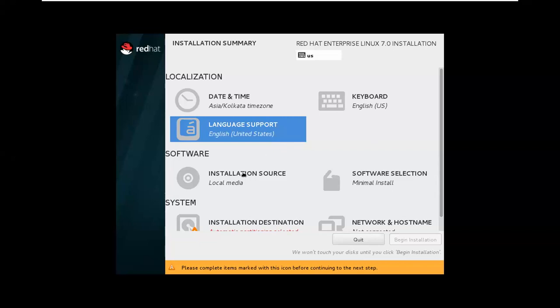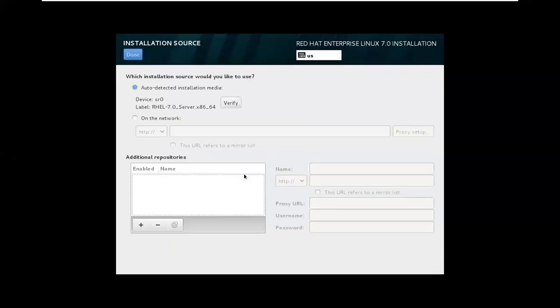So double click on top of the installation source. Auto detected installation media will be there. See guys, the RHEL 7.0 server 64-bit ISO image got detected. If you want, you can verify it, but no need for verification and all that. And we have one more option, on the network. On the network means,